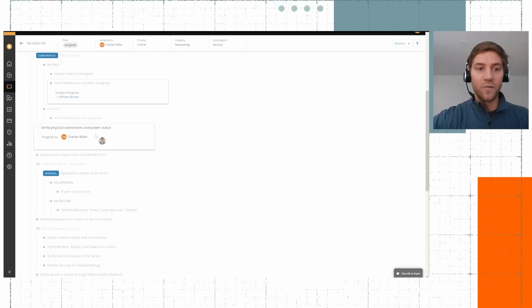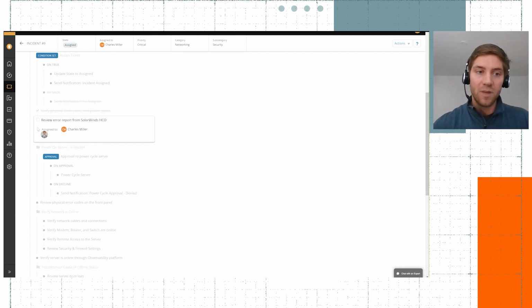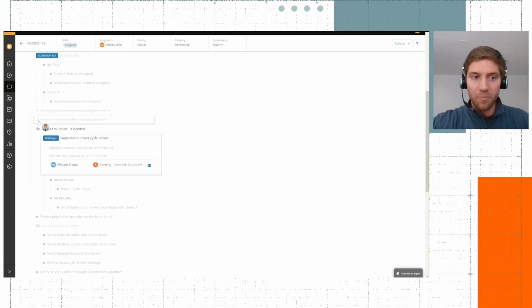We've updated the record. First things first for me, I need to verify the physical connections and the power status to this server. So I can run down to the server room or call out to a team member to say, check on things, but I'm going to take that step and verify, yes, things are online, or no, it's offline. It doesn't have power at all. And that's step one. Step two, I need to review the error report. So that same alert that triggered the ticket and the incident here that let me kick off these standard operating procedures or add this run book, HCO is going to provide me that error report. I'm able to go in, see the details, figure out exactly what caused this error, and check that box to say, yep, done that too.